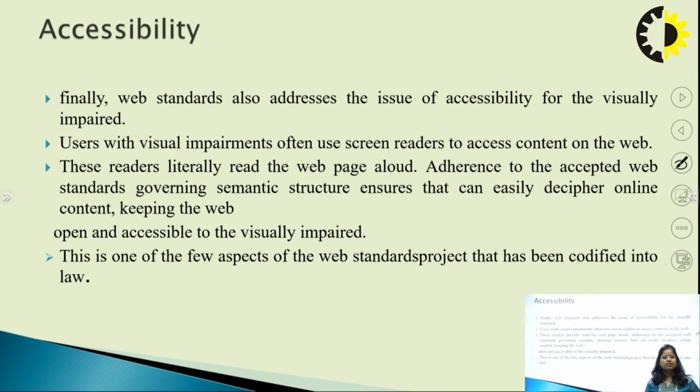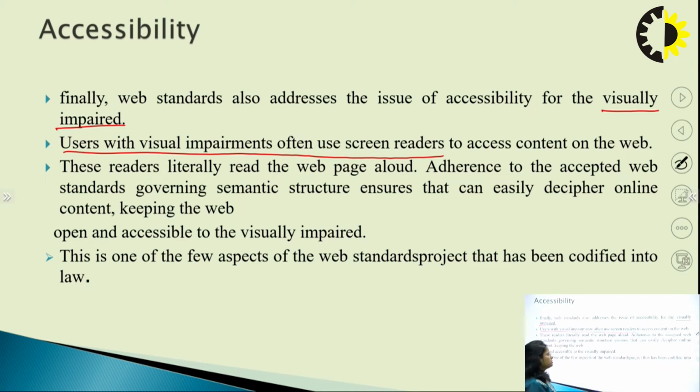Accessibility. Web standards also address the issues of accessibility for the visually impaired. Users with visual impairments often use screen readers to access content on the web.